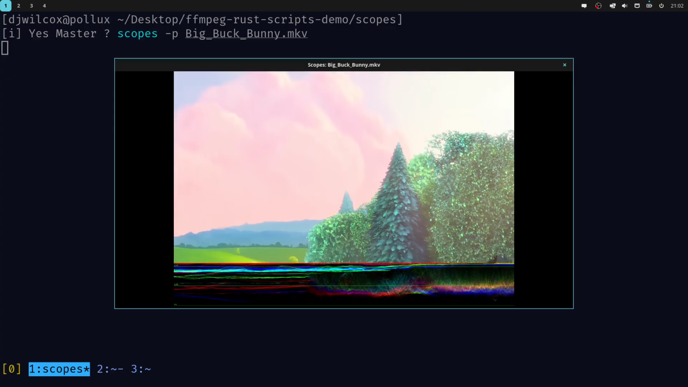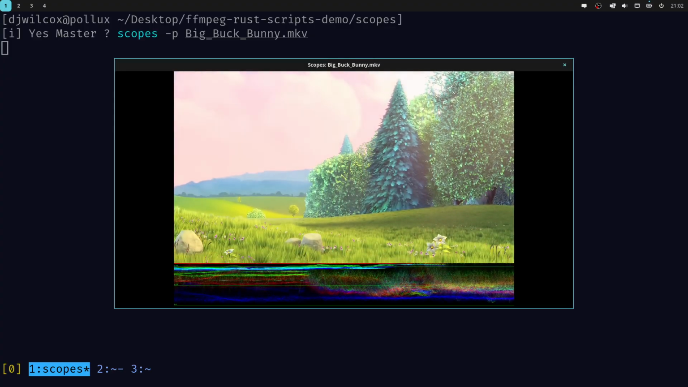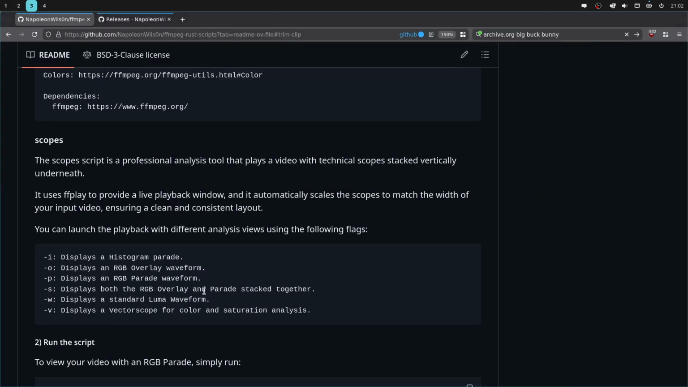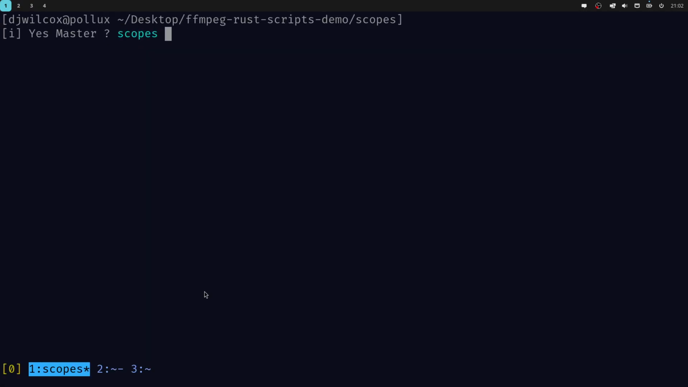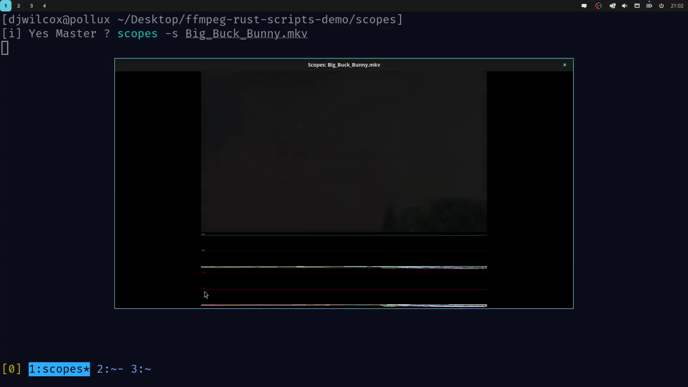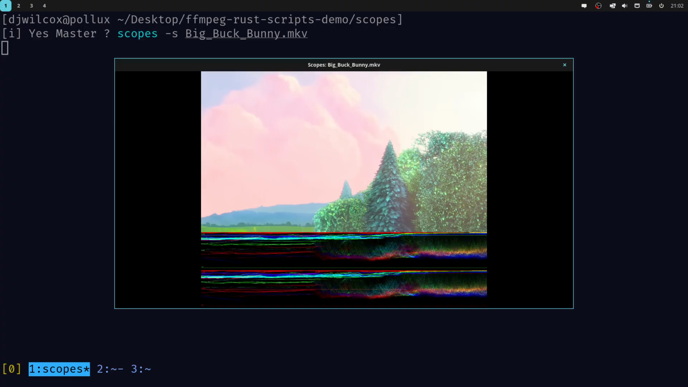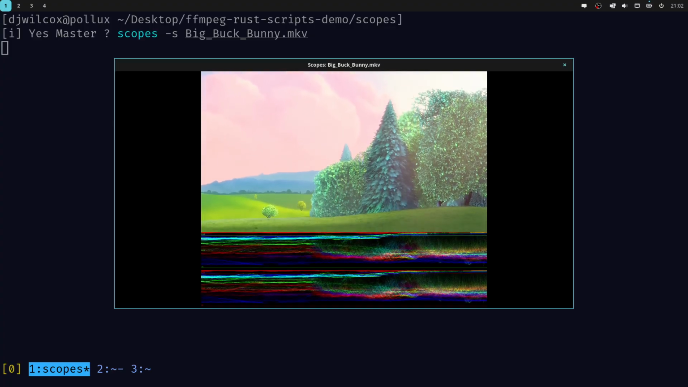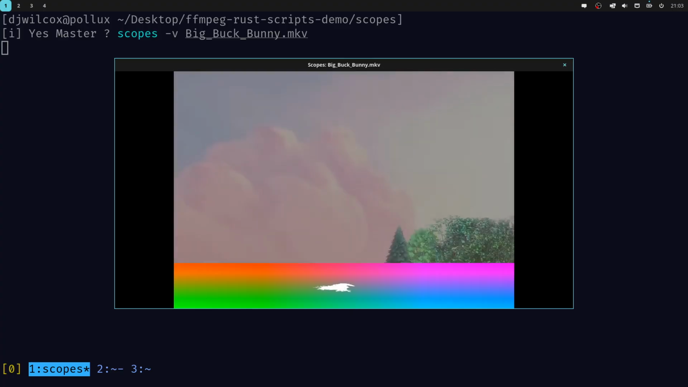Okay. As you can see, the video comes down, the scopes change. Next one is S. This is the RGB overlay and parade stacked together. So scopes -s. And then finally we have the vector scope with the -v option, and this will show you the